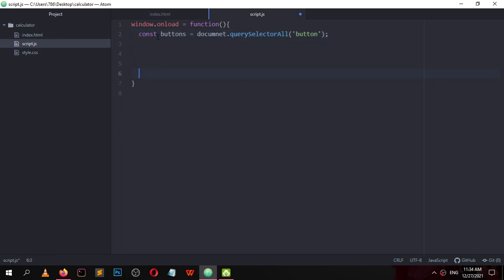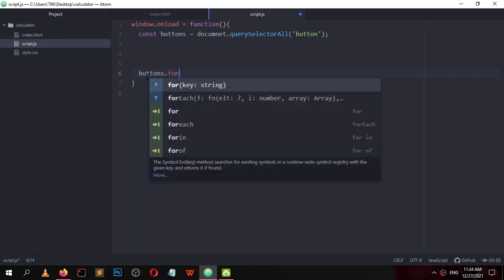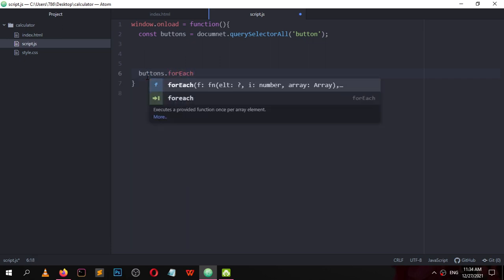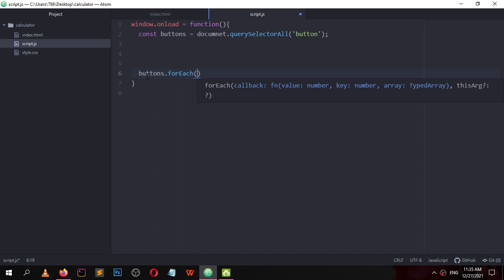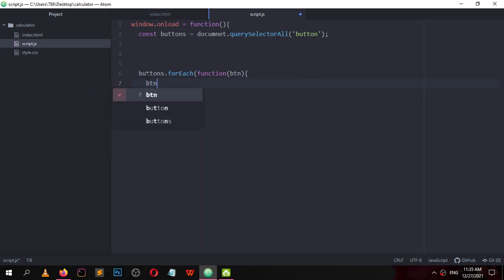Now whenever a button is clicked, I want to add an event listener to this. buttons.forEach takes a function with argument btn.